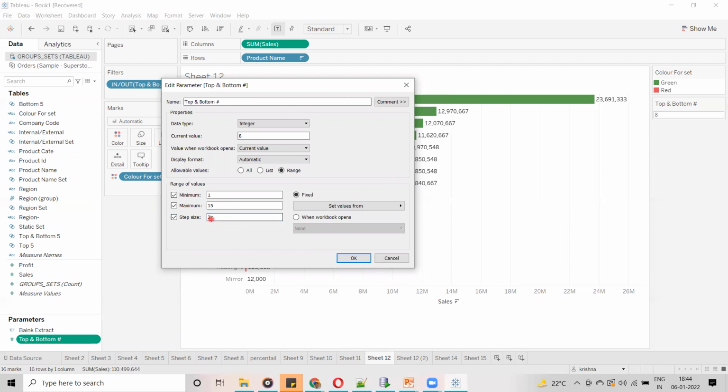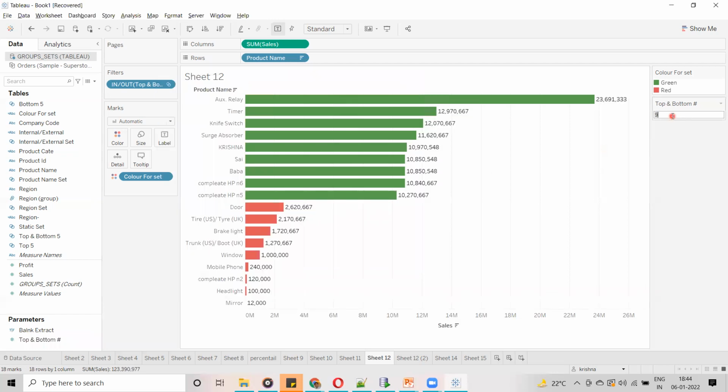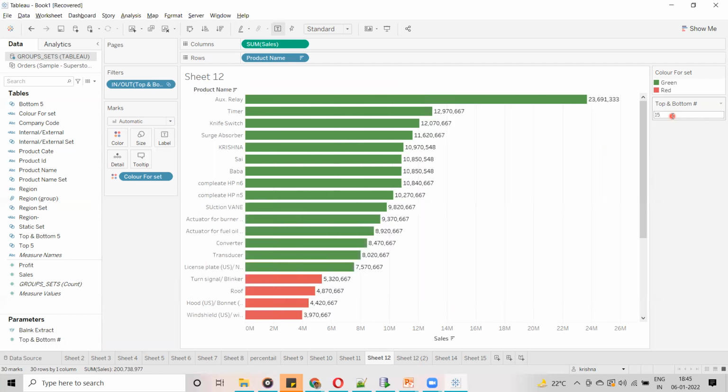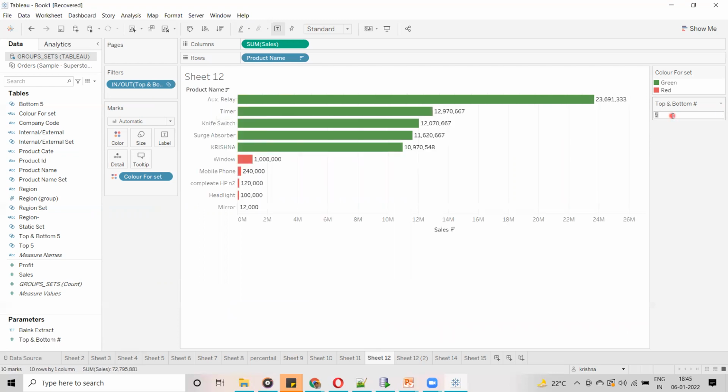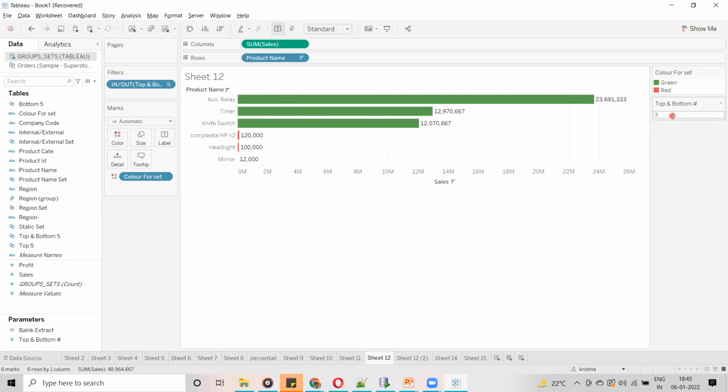Okay, now if I show without step size, I'm going to select this one. Now you can see here, I'm going to enter 25. Now you can see, guys, I have entered 25. If I hit enter, it is going to display only 15, because that is the maximum we have provided. Okay, so if I give -1, what is going to happen? I am clicking enter. Now you can see it is going to be 1. So the user can enter any value between 1 and 15. It is going to allow it.